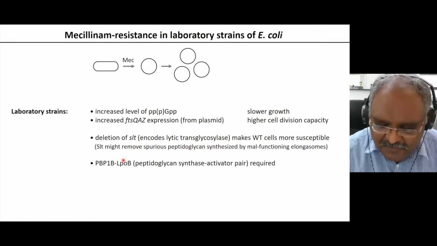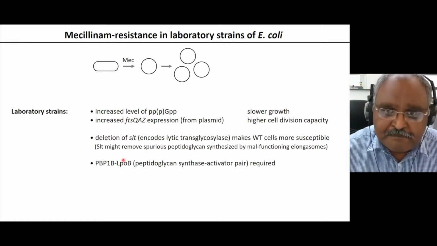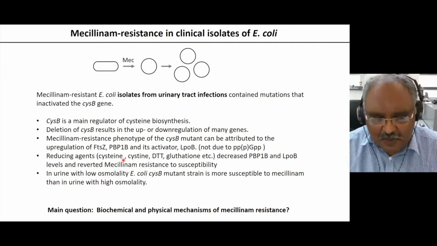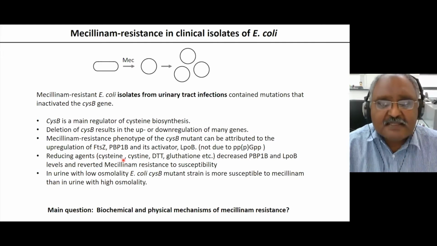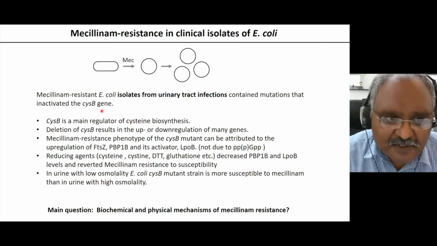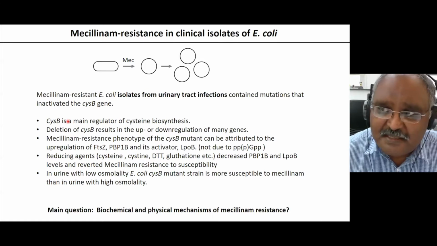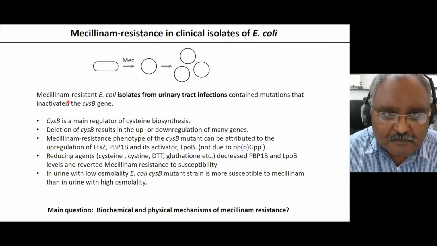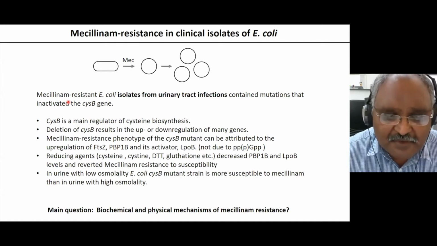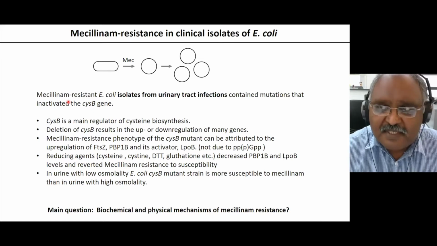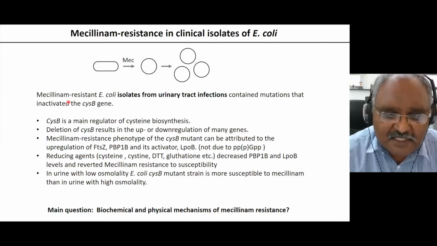And these are the requirements in the laboratory, we can do it, but recently, what Tulin and Anderson, clinical biologists, found was a strain that was deleted for cysB, regulator of cysteine biosynthesis. And they found that this strain was a stable resistant strain, and the resistance was much higher than in the laboratory strains. And deletion of the gene didn't cause resistance due to the increase in ppGpp. That was another finding of theirs.